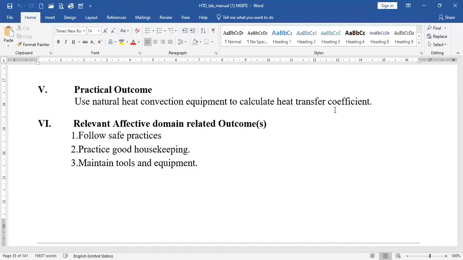So in Fourier's law, that is Q = -kA dT/dx, we have to replace this k by x with the help of some constant, and that constant is nothing but the heat transfer coefficient. Normally it is indicated by small h, that is, the individual heat transfer coefficient. If it is for the overall process, then it is indicated by capital U, that is, the overall heat transfer coefficient.